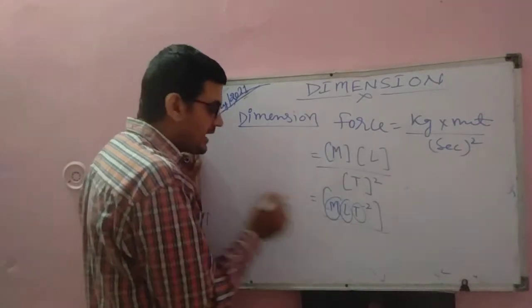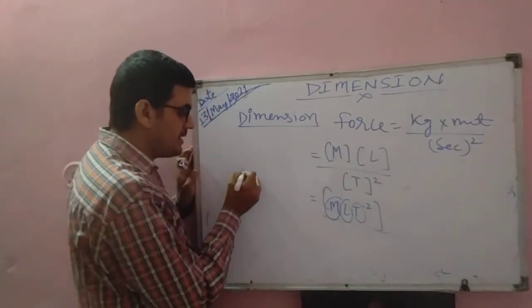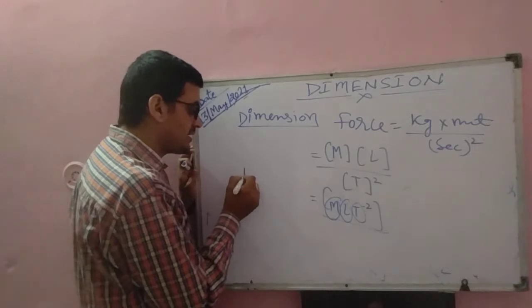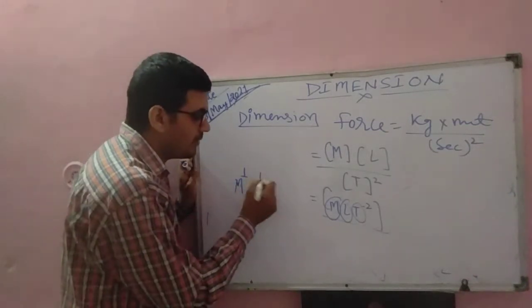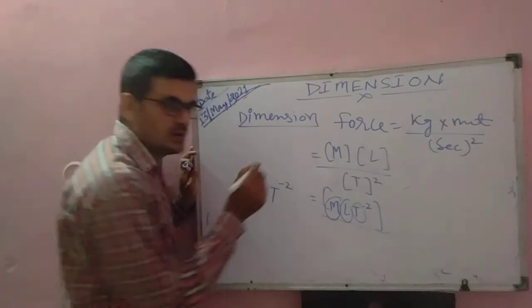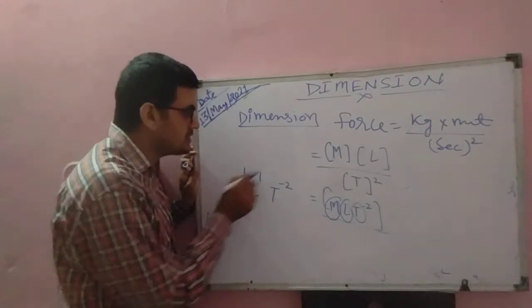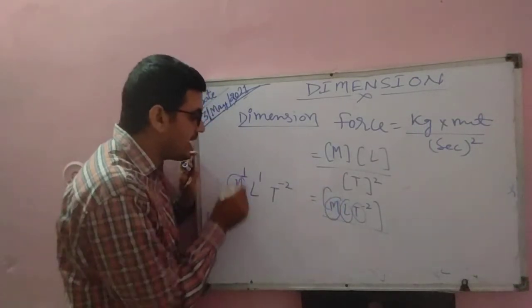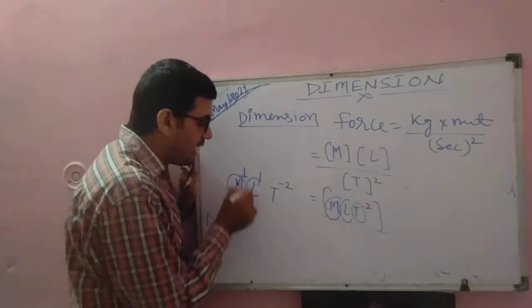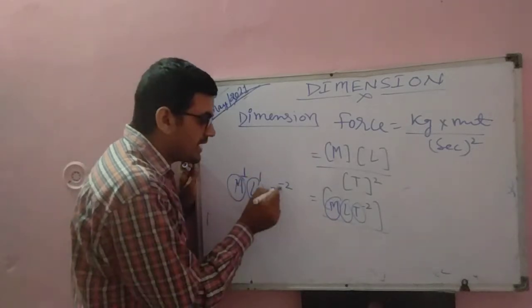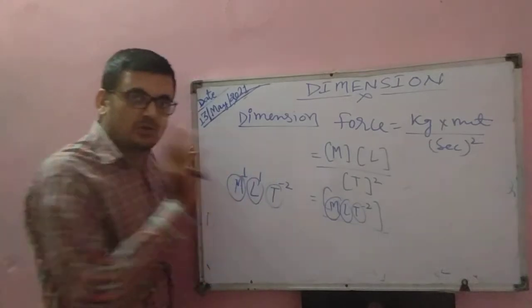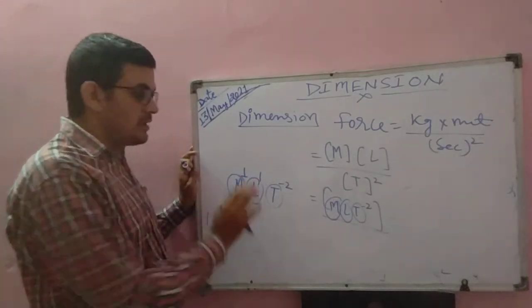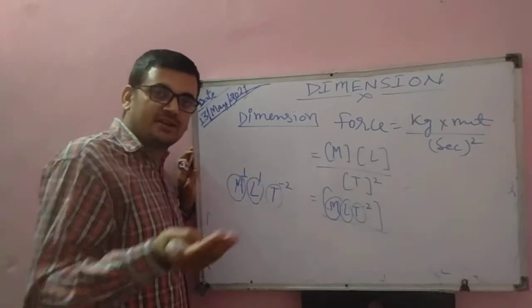देखो ये M क्या बता रहा है? This M is simply telling us that it comes one time. M power 1, L power 1, T is power minus 2. ये बता रहा है कि इस फॉर्मूले में M वन टाइम आया है क्योंकि M की पावर 1 है. L came one time and time came 2 time. Okay, time कितनी बार आया? 2 आया है. 2 time आया है.